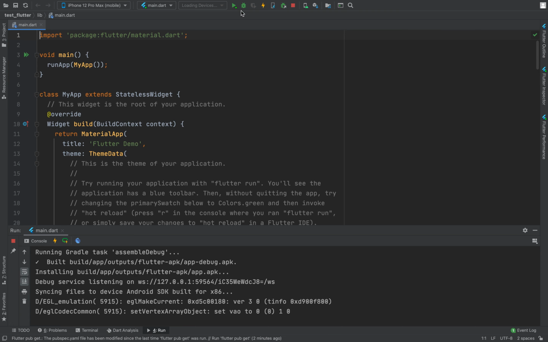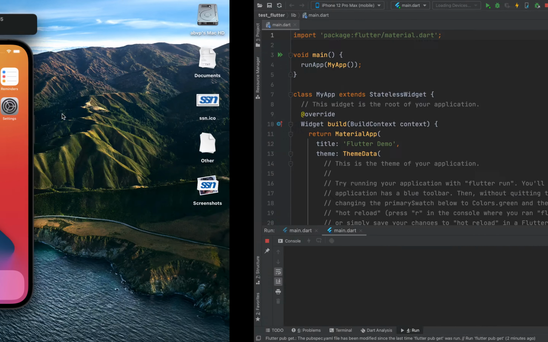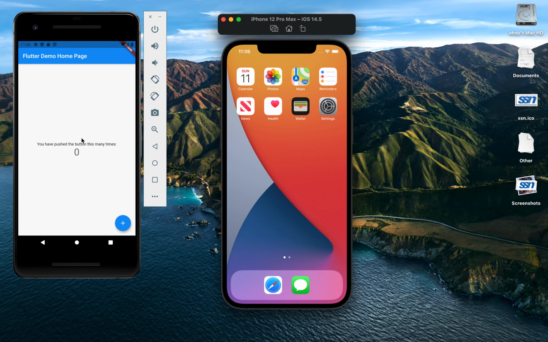That is not yet running, so we need to probably click this once again. Okay, so we see this app here, right? And let us see this app in iPhone as well. Okay, it has started. So launching on iPhone 12 Pro Max in debug mode, and it is running Xcode build. Let us see if the app is working.